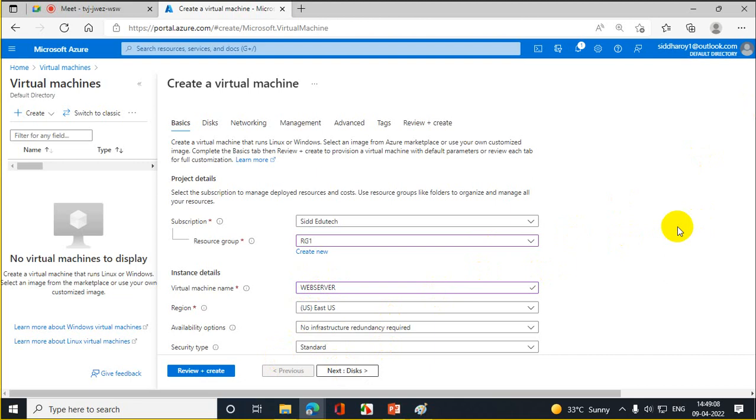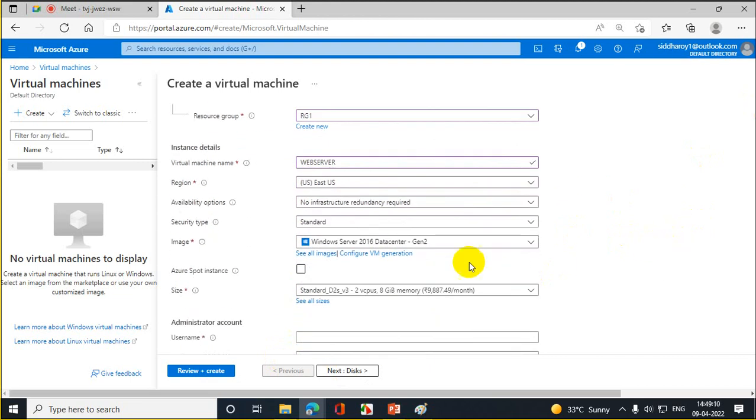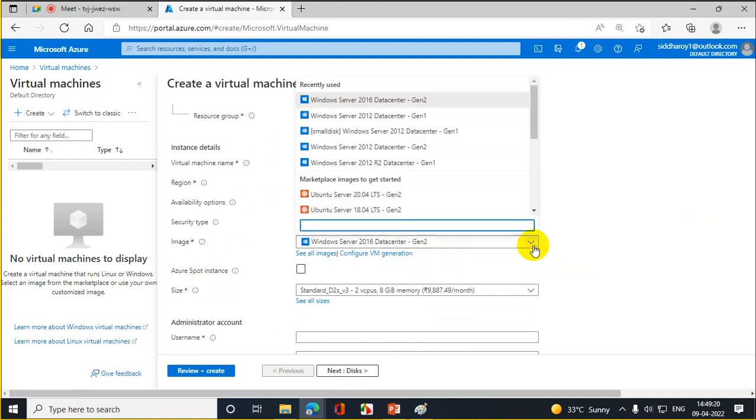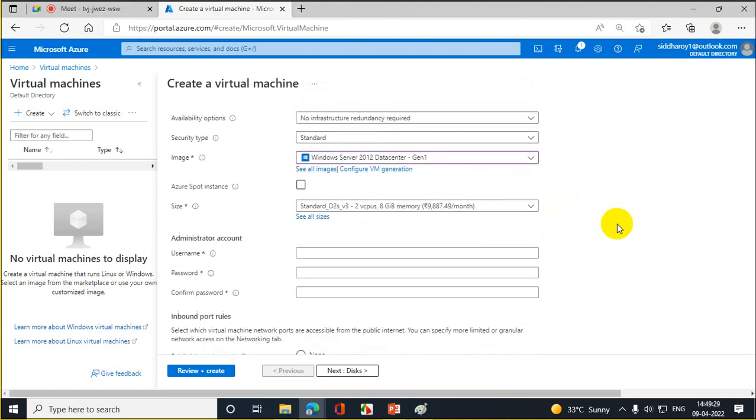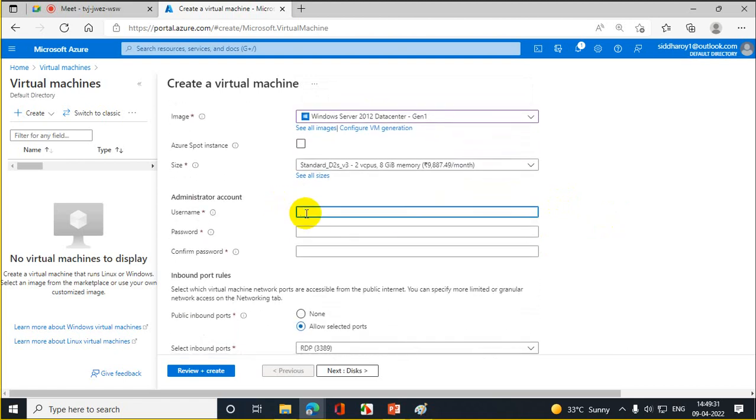While I create the web servers, I will select the operating system, Windows Server 2016 Datacenter Gen 2, or Windows Server 2012. Okay. Now here put the username root admin,